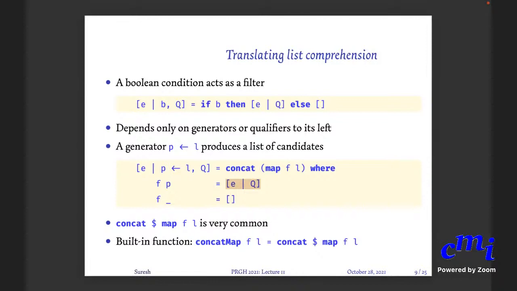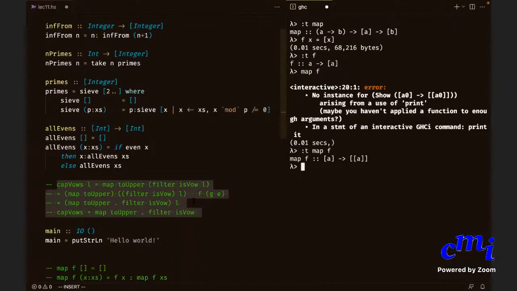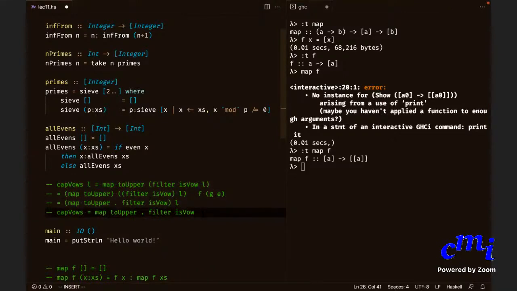Pattern could be some form. For instance, don't you recall that we did this? I could do this, right?